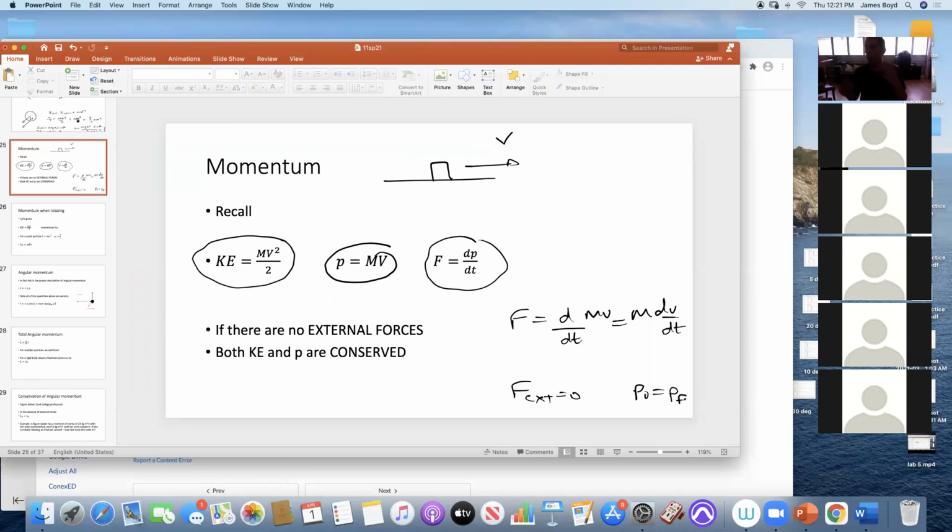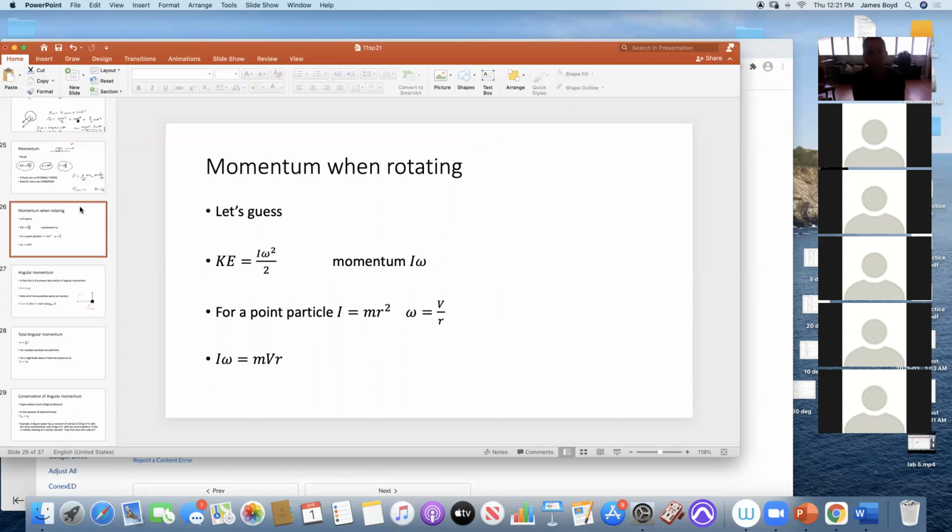And if we had multiple objects, we could add the momentums together, the initial momentums and the final. Also, kinetic energy is conserved if there's no external forces, and we see that in elastic collisions where they bounce off each other. So we need to figure out, well, if that's true, maybe there's momentum when things are rotating. And we know that the kinetic energy, much like mv squared, is I omega squared over 2, and that the momentum was mv. So what if we assume that I omega is the momentum